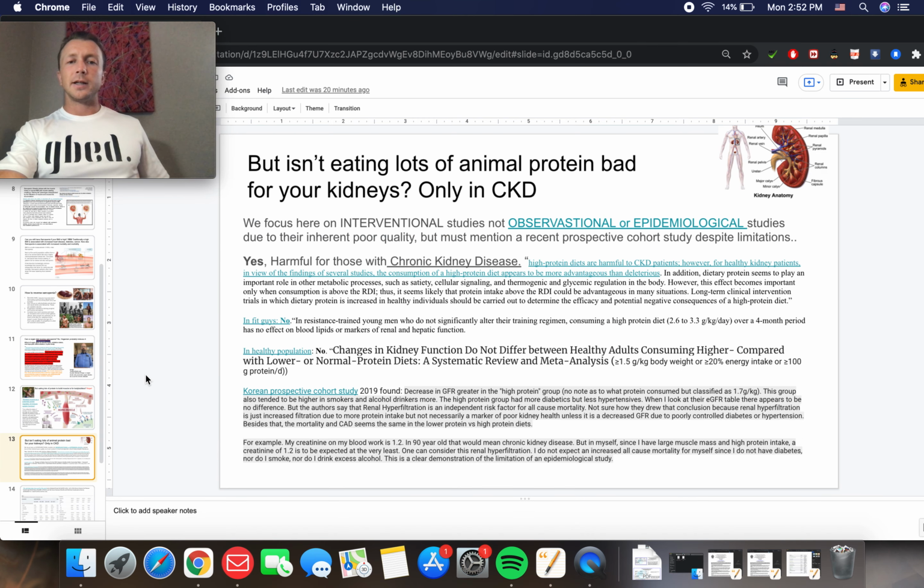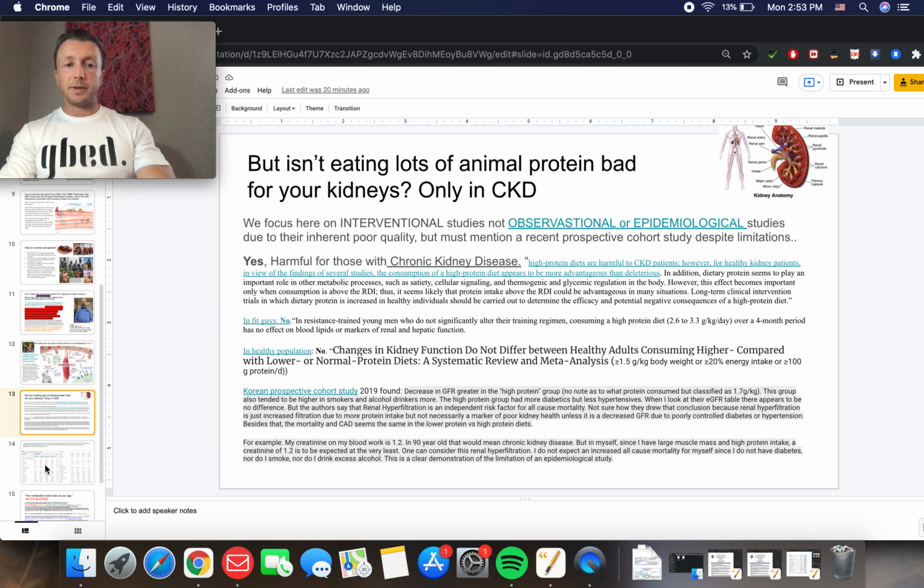Alright, let's move on. But isn't eating lots of animal protein bad for your kidneys? In short, only in chronic kidney disease, in patients previously diagnosed with chronic kidney disease, so impaired renal function. Yes, a high animal protein diet could potentially be harmful to the kidneys. But in someone with healthy functioning kidneys, we can see in interventional trials that very high protein consumption per day, we're talking up to 3.3 grams per kilogram of body weight per day over a 4-month period, had no effect on renal and hepatic function